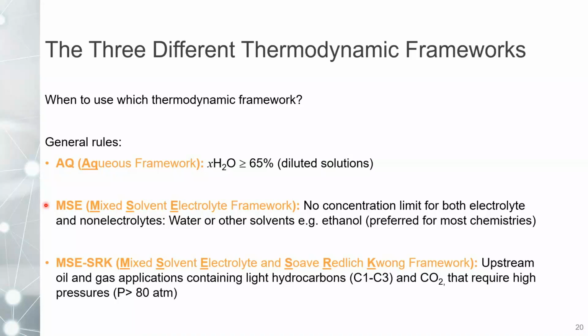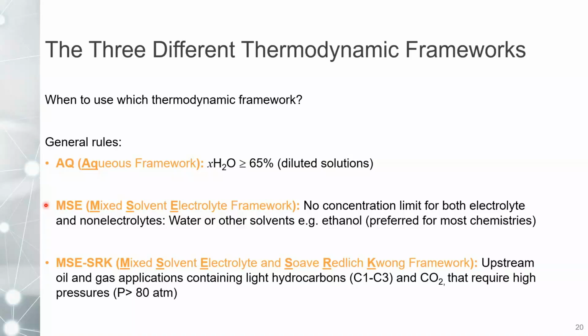So instead of water, now maybe your solvent is ethanol or methanol, glycol, etc. So the mixed solvent electrolyte was created.